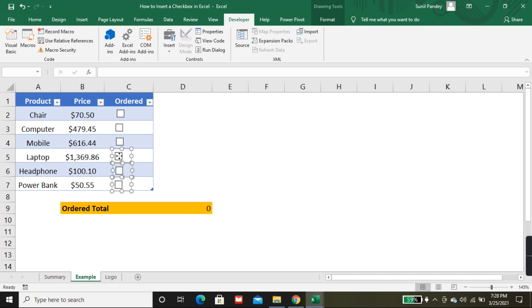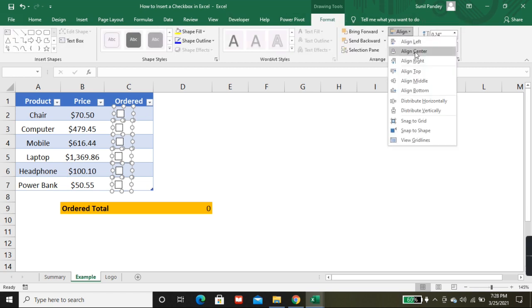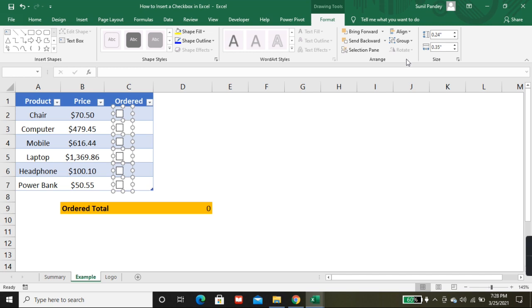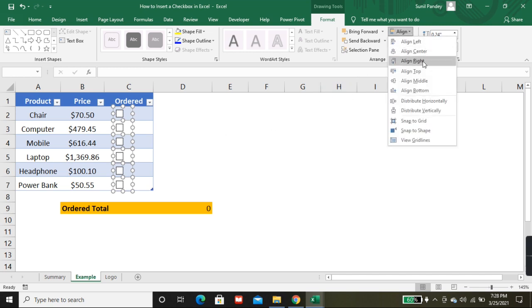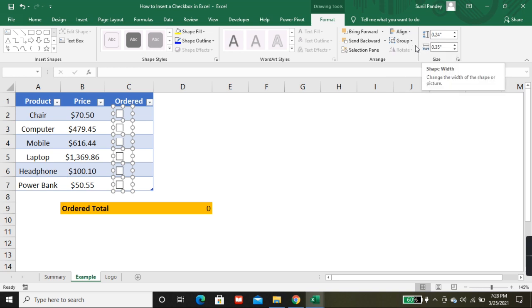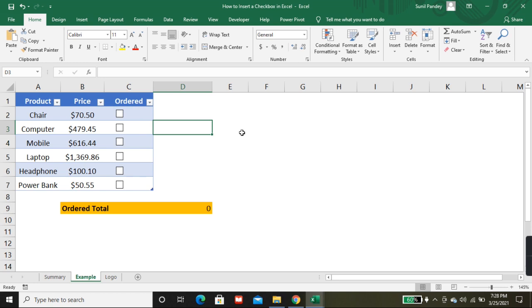You can select all of these to rearrange. Go to Format, Align, Center. Okay, cool, but it will not work until you give the reference.